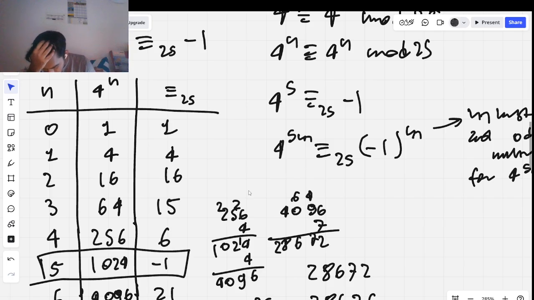Okay, so all numbers which, so if n can be written in the form of 5m,